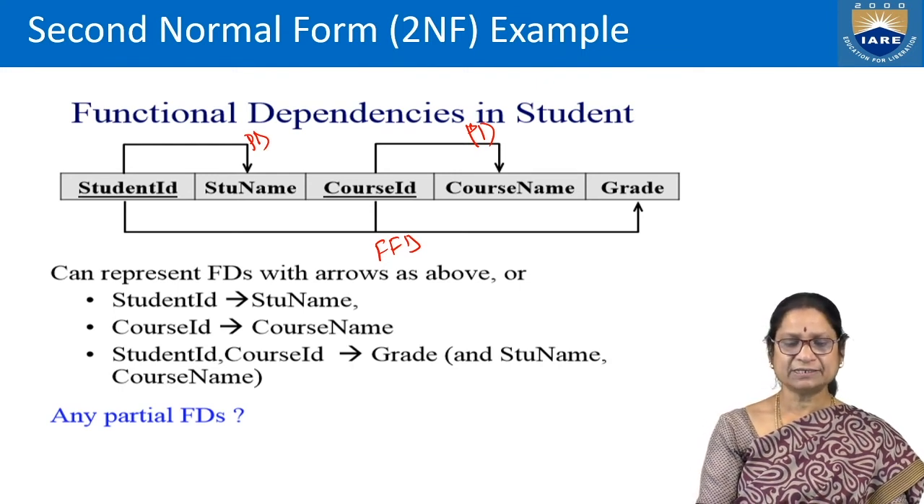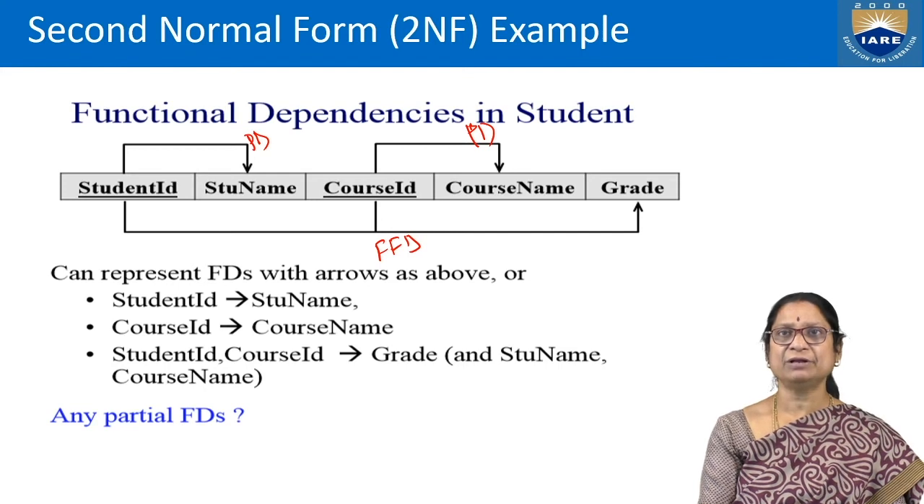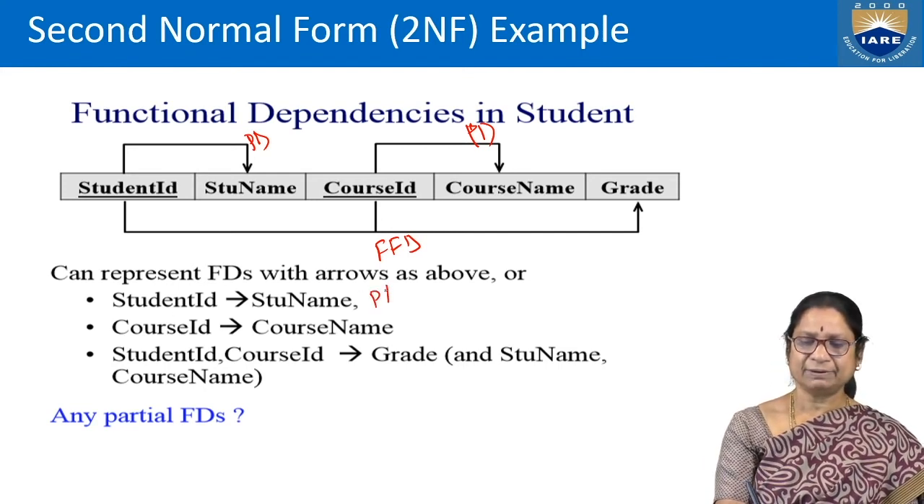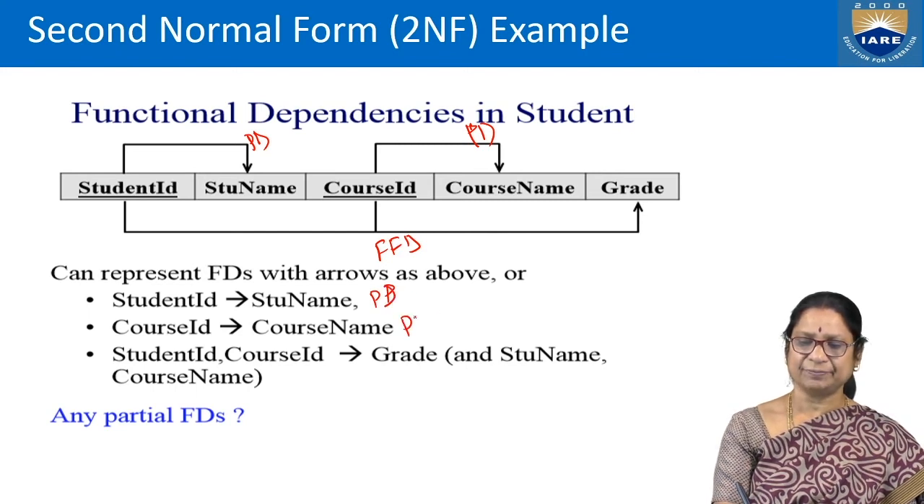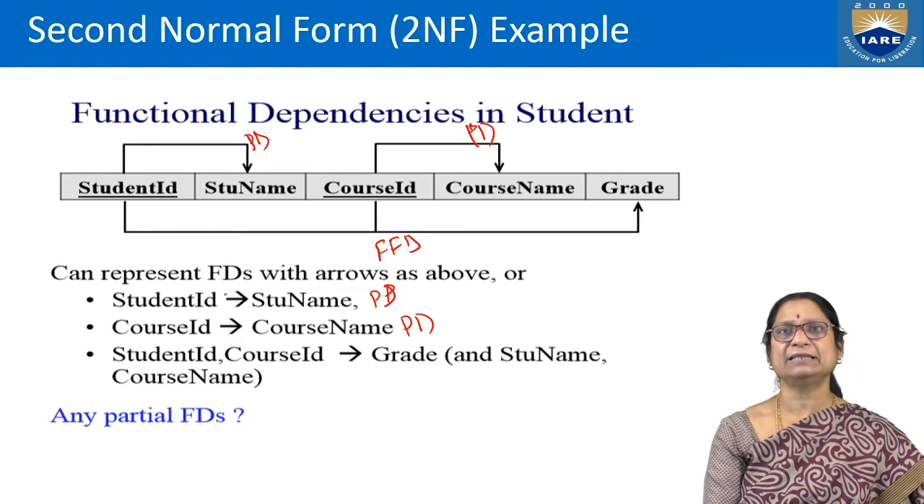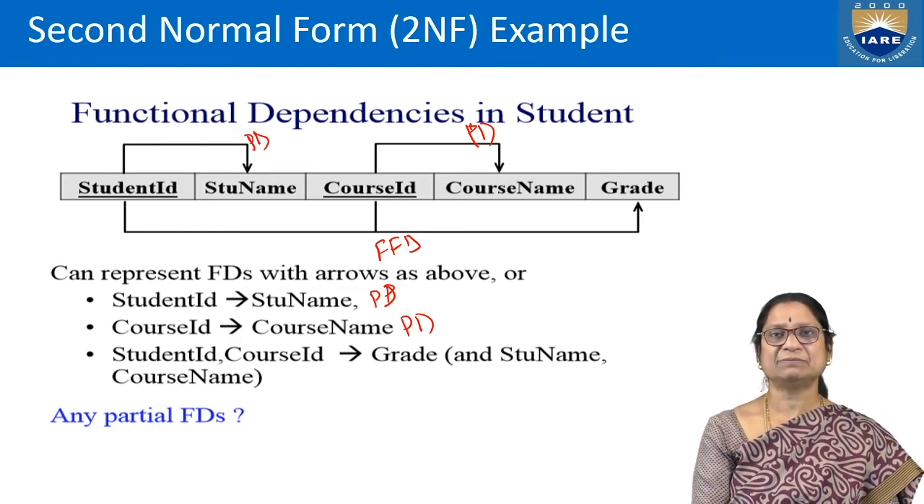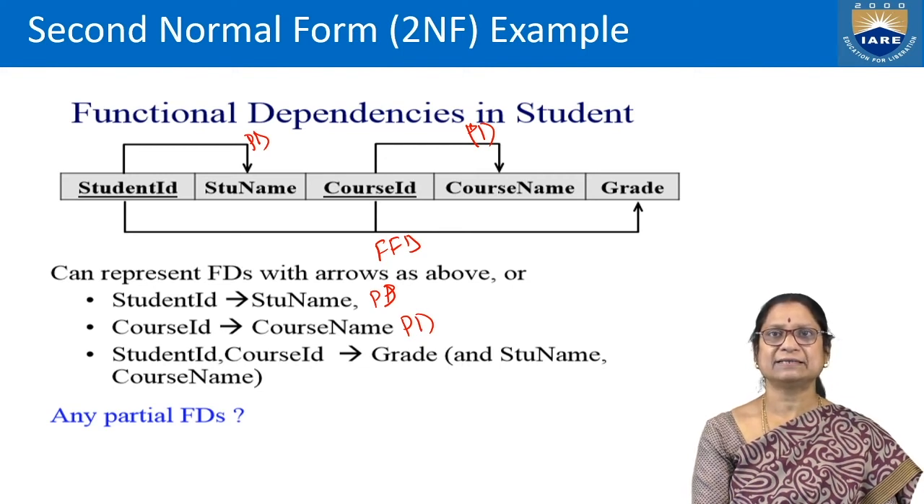So FDs are represented. Student ID determines student name. Course ID determines course name. So what is this? Partial dependency, because it partially depends upon a partial key. Student name depends upon the student ID only. That is part of the key. Course name depends upon the course ID only, part of the key. So these are partial dependencies. This is